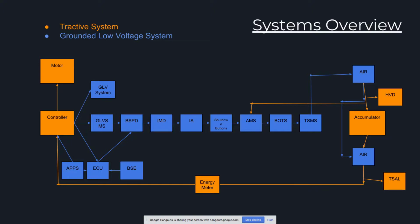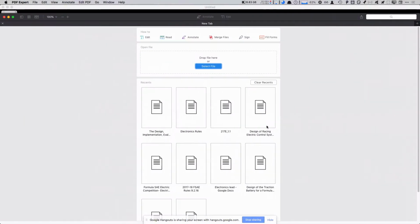In our case, we used a DC-DC converter because we were able to meet the clearance requirement that we were required to have between high voltage and that light. So I was just wondering why it was in orange. So it won't be part of your low voltage, but you're saying it will be dropped down somehow in voltage so that it's...